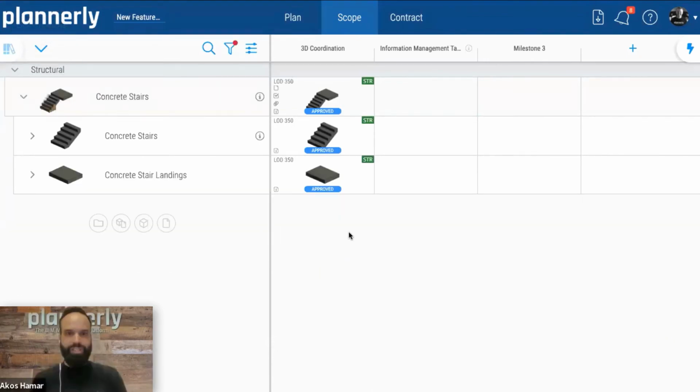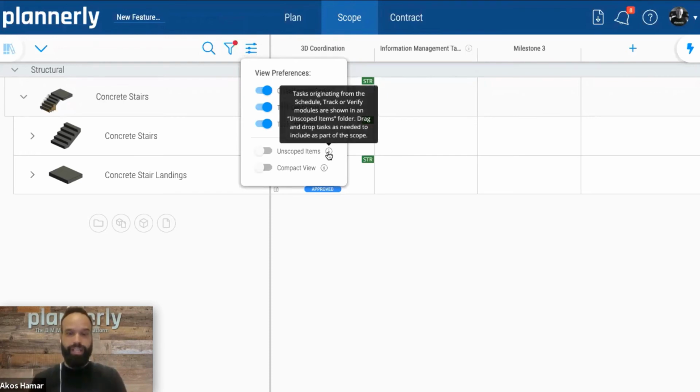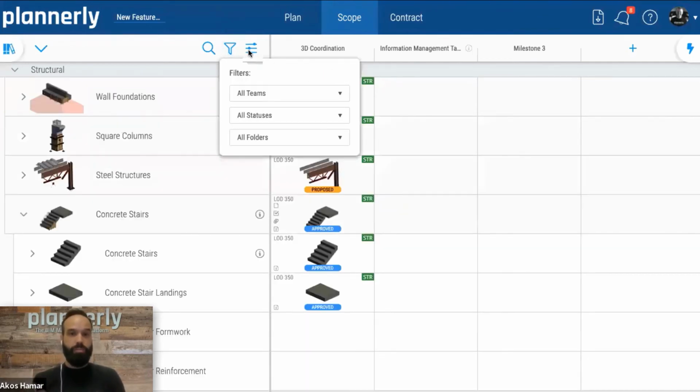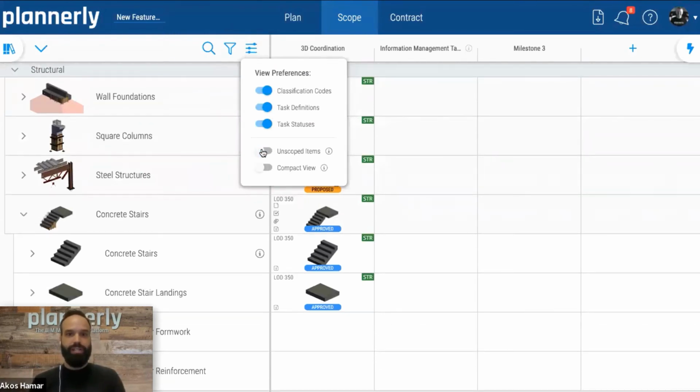Maybe a little bit more challenging to demo now when we are focusing on plan, scope, and contract. But when you were looking at unscoped items, that's opening up quite a number of opportunities going forward. What we can do now, we have a plan in place, eventually a scope grid in place when we start working on the project. But it might happen that we are missing something, forgetting something, and we would add that as we go. We would use the scheduling and tracking modules of the application as well and add tasks and activities as we go. But those will be captured as unscoped items as not being part of the original scope. You can capture these unscoped items and make them part of the template if it is relevant for a future project. Yeah, this is how it is going to be recognized now.